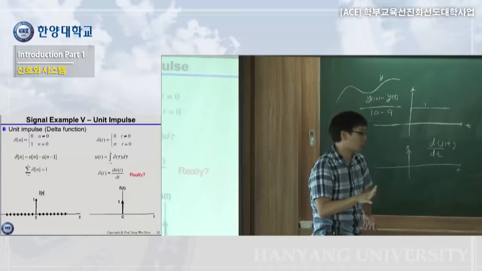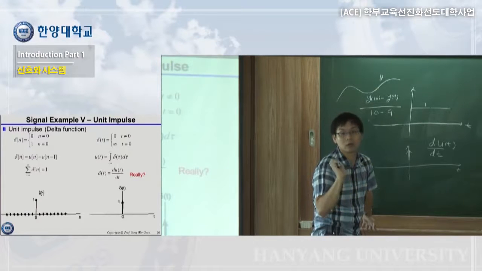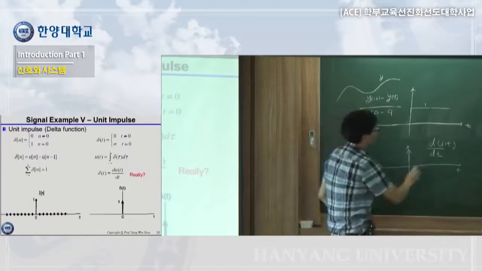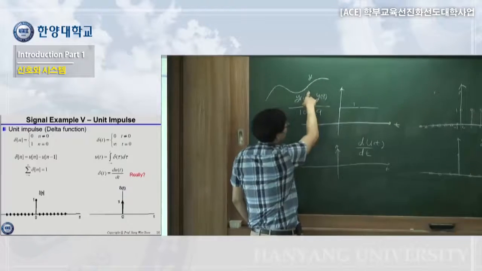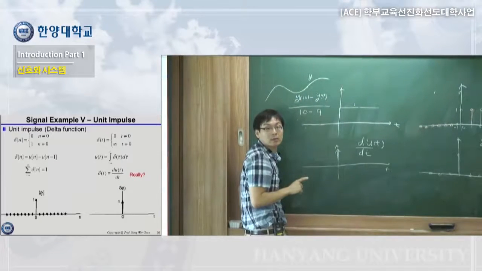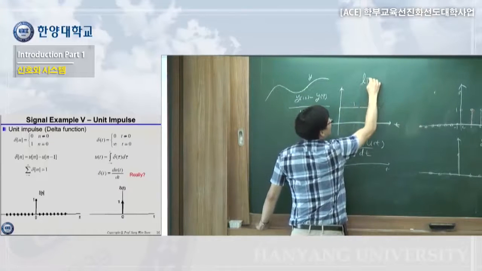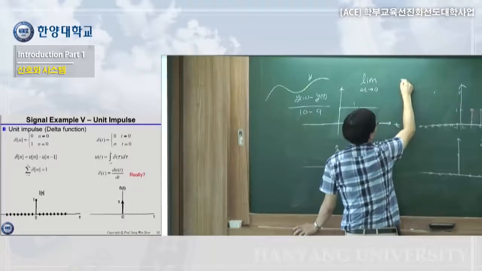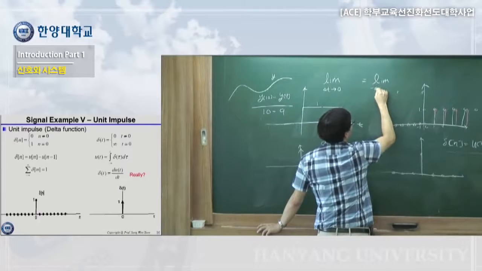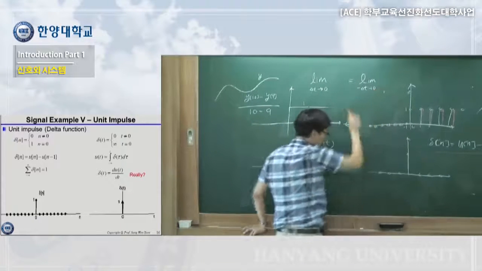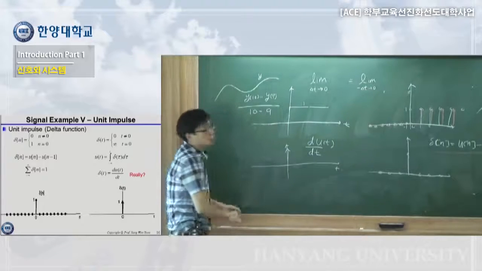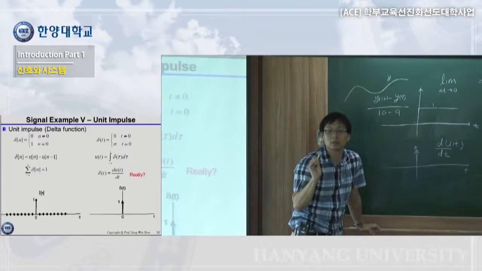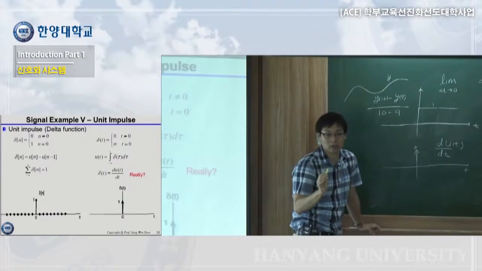Also, you may hear that when you go back to your high school age. Let's go back to high school age. When you first learn differentiation, you will see you have this. You may remember this, to find a differentiation or slope at a certain point. Do you remember that? You may remember that to have a differentiation at a certain point,